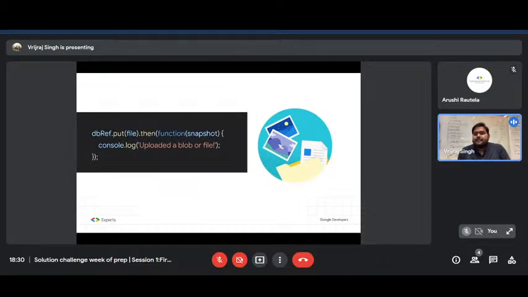So this is a simple example. Let's say I wanted to upload some image, or maybe a PDF file or a document file, in Cloud Storage. So let's say we have a storage reference, and for uploading a file into Cloud Storage, we have the put method. Inside the put method, we can pass the file. The file may be a PDF file, audio file, media file, any file, and this will work as a JavaScript promise, and you can handle it with the then block and the catch block. So this is simple logic. Within one line, you can write the logic for uploading a file into Cloud Storage.